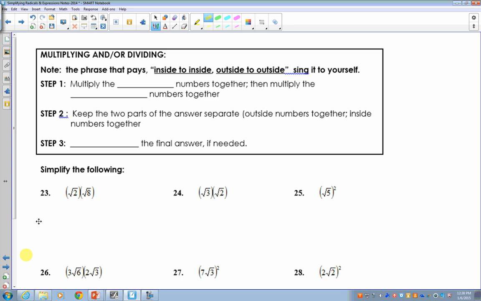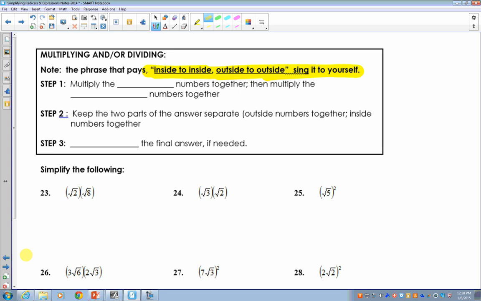All right, for this next radical rule that you need to make sure you are familiar with and understand the steps to help you problem solve with is dealing with multiplying and dividing. And the phrase that pays is understanding when dealing with this operation, inside to inside, outside to outside. Okay, memorize this. Sing it to yourself. Rap it to yourself. Reggaeton to it yourself if you have to, but make sure you understand inside to inside,